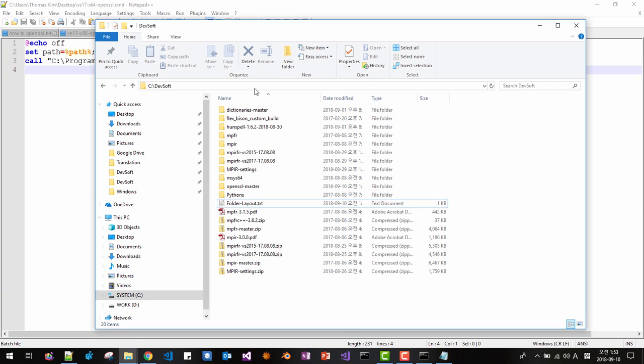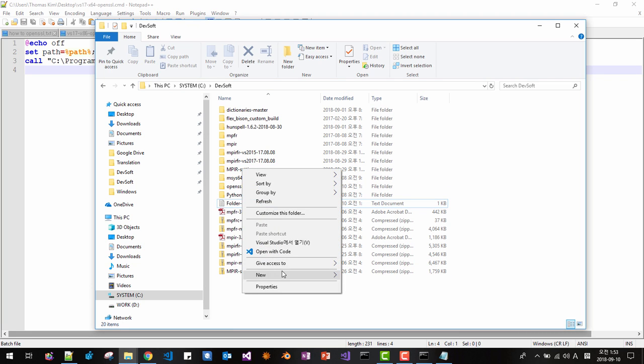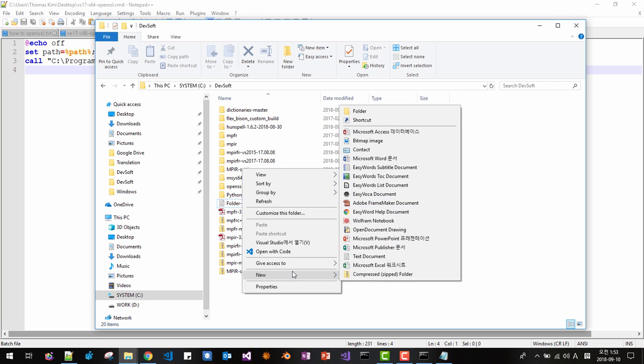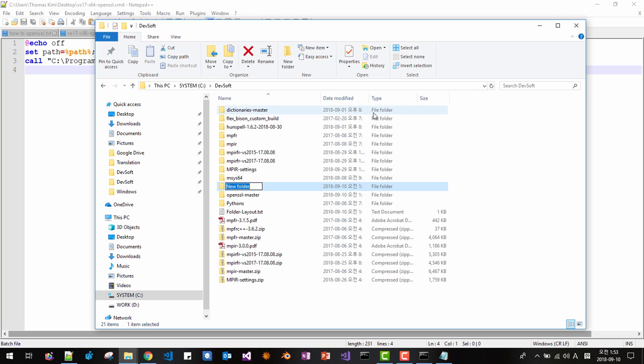We will install in this folder cl.EXE soft, and here we will first create a new folder. I will name it openssl 1.1.1 pre10